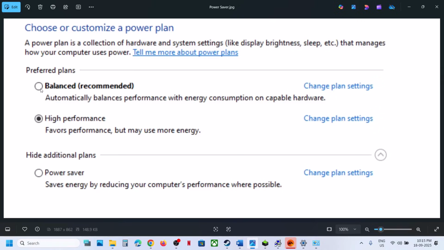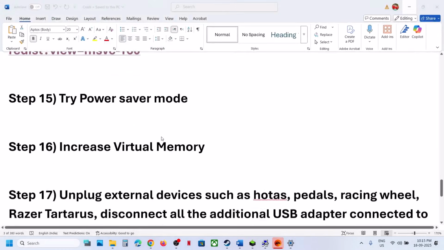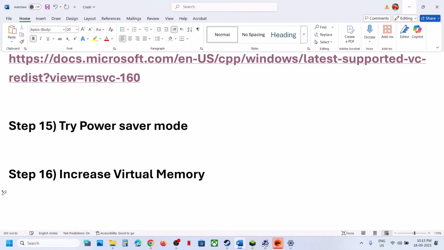You can even go for balanced or high performance. Check which one is working fine for you. But first of all, try power saver and then relaunch the game. Still not working. Increase the virtual memory. Now to increase the virtual memory,